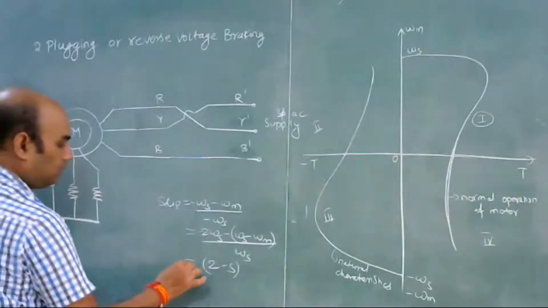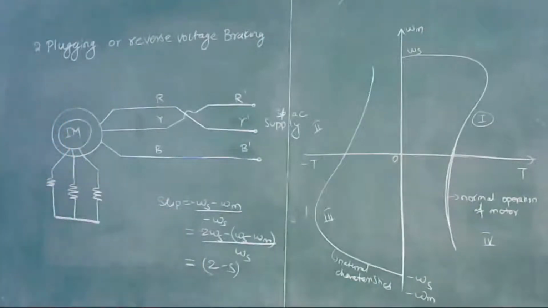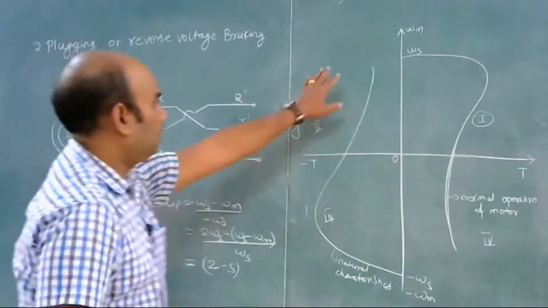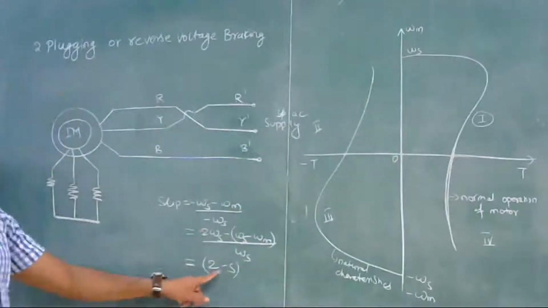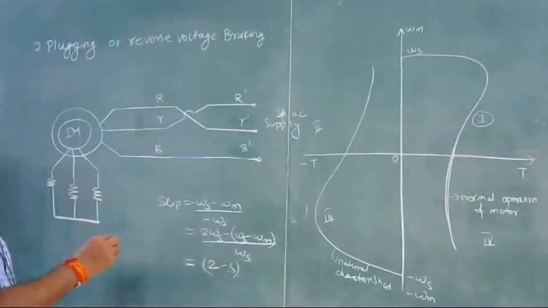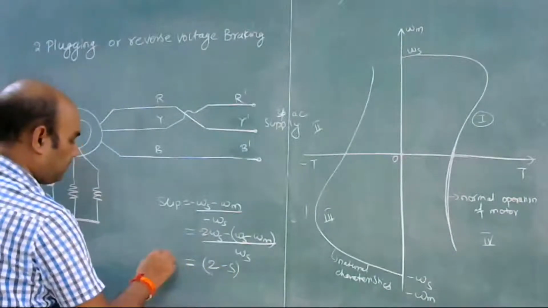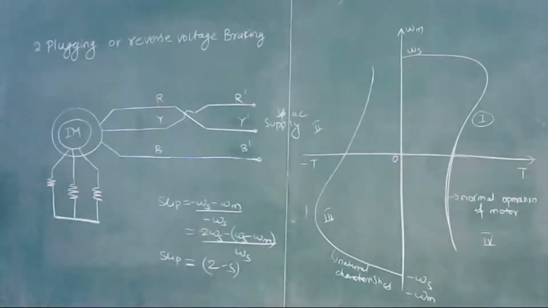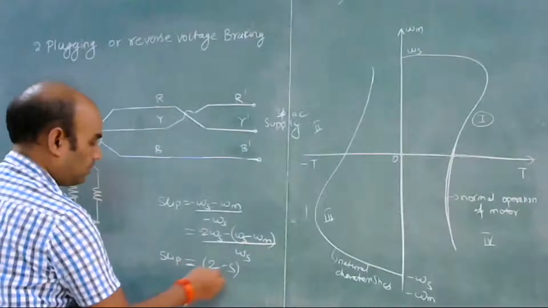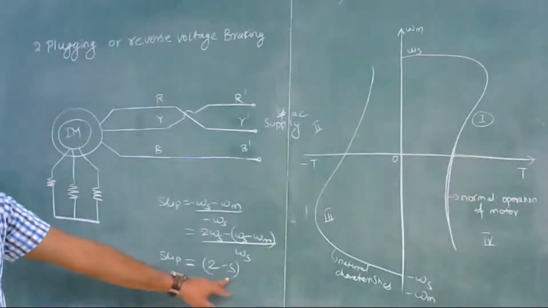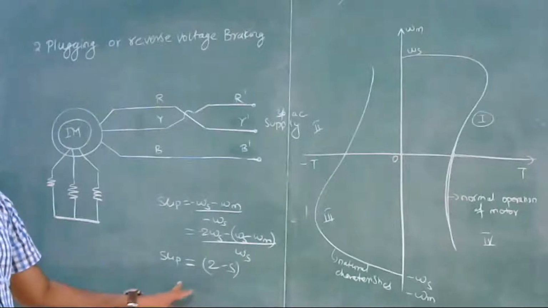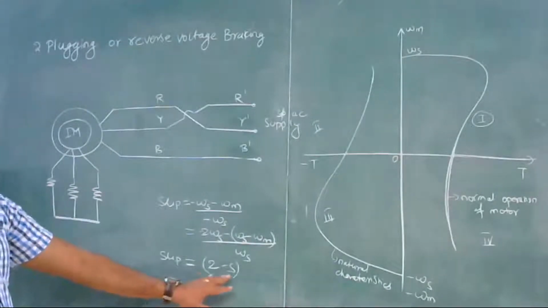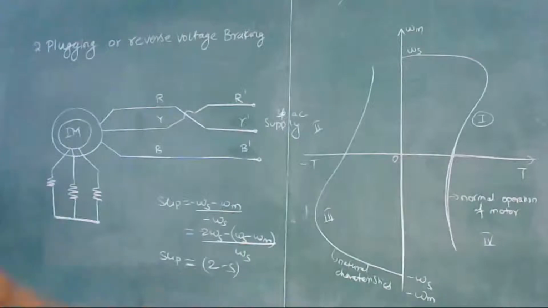Okay. So slip for the backward rotating magnetic field will be 2 minus s. So slip will be equal to 2 minus s for the reverse field. Now, as the slip becomes 2 minus s, the induced voltage will be approximately doubled, as it depends on slip. So induced voltage is increased to double, and